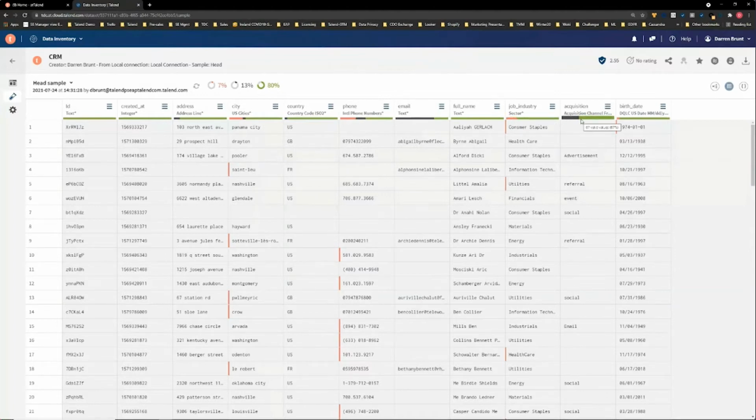So as a data owner, I'm getting a first view of what the data set is, and more importantly, where issues might be with the data, both in terms of column-level headings, in terms of compliance with semantic types, and individual row-based indicators, with these red lines here indicating where we have non-compliant values associated with the semantic profiling. So what I'm going to do here as the data owner is say, I want to build a preparation. I actually want to add a preparation to my CRM data set so I can start the process of driving some of this improvement.